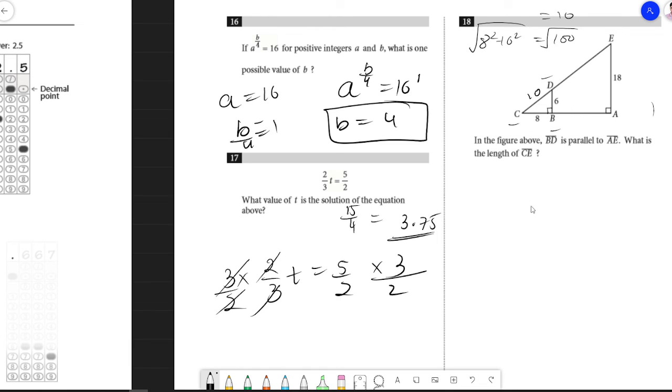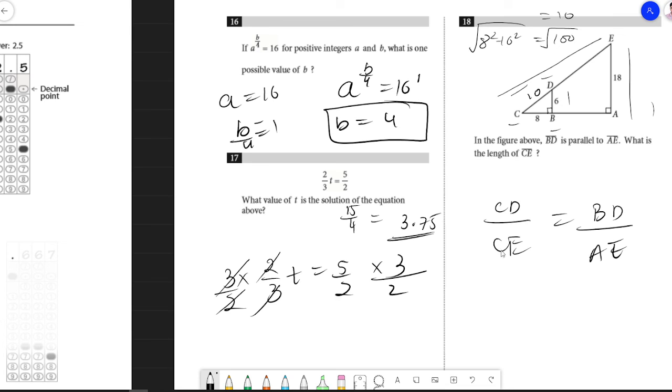Now using the property of similarity of triangles, CBD and CAE are similar triangles, right? So I can say that CD upon CE equals BD upon AE. Just a minute. CD upon CE. Yes, CD means the side proportion of this side, that is the hypotenuse of both the triangles, and altitude of both the triangles.